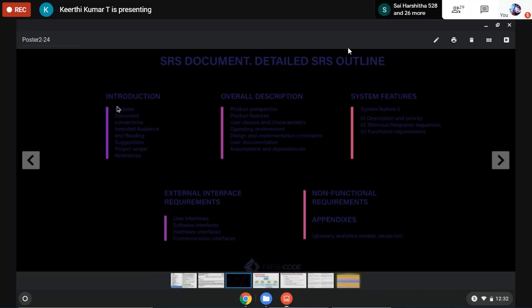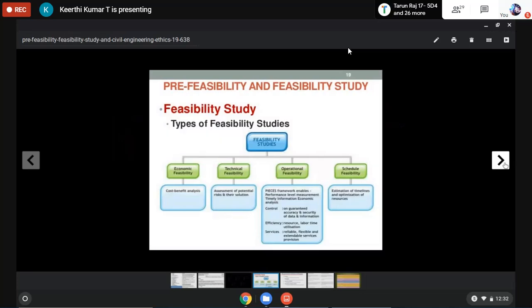So basically the introduction: what is its main purpose, what the document is dealing with, conventions, the intended audience, like what is the customer base it is looking for, reading suggestions, project scope, and then references. So this is basically how an SRS document is going to look. And feasibility,